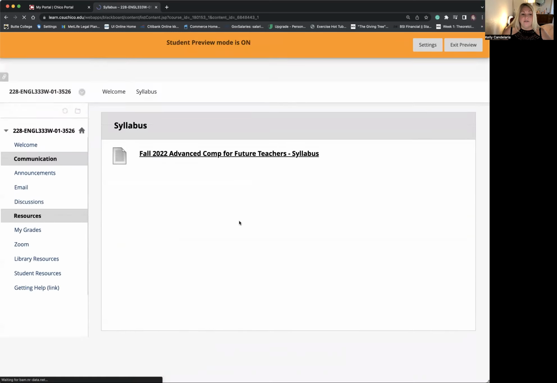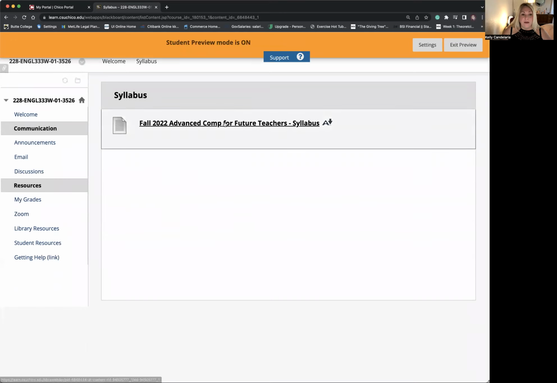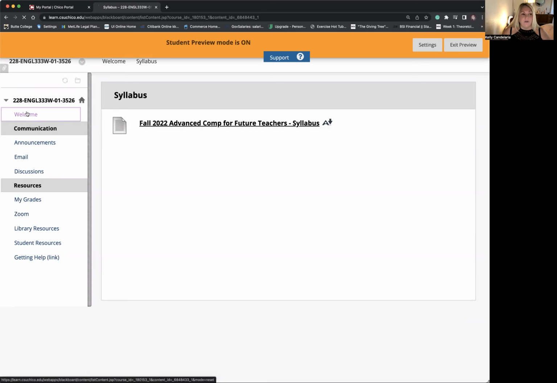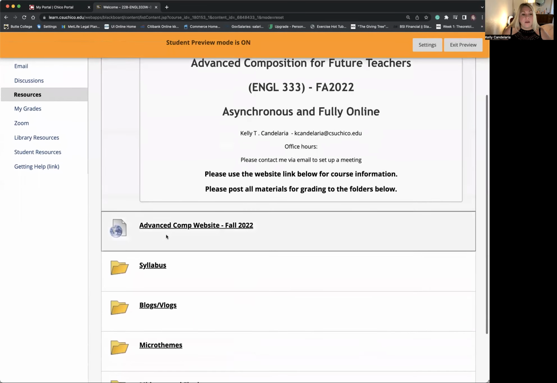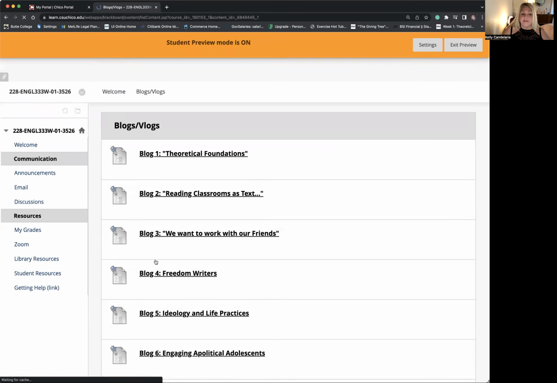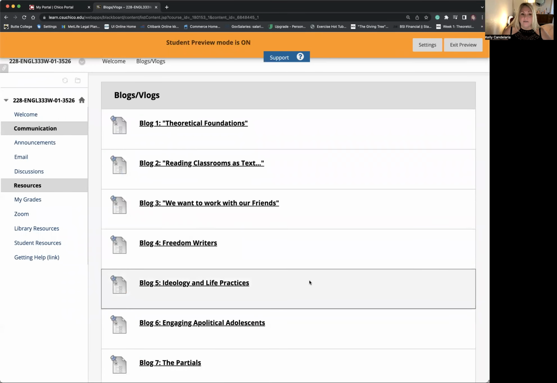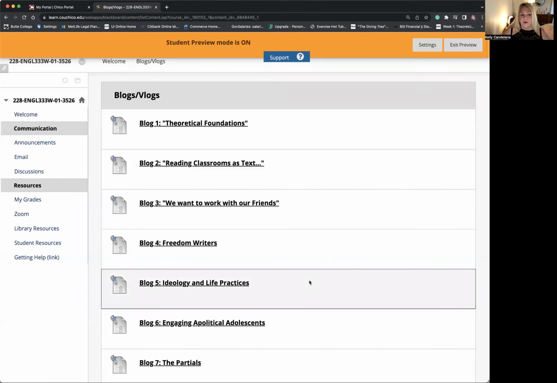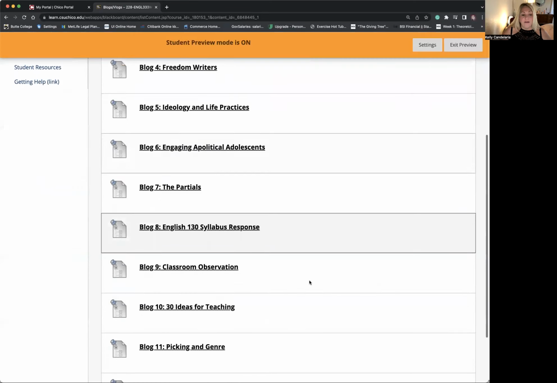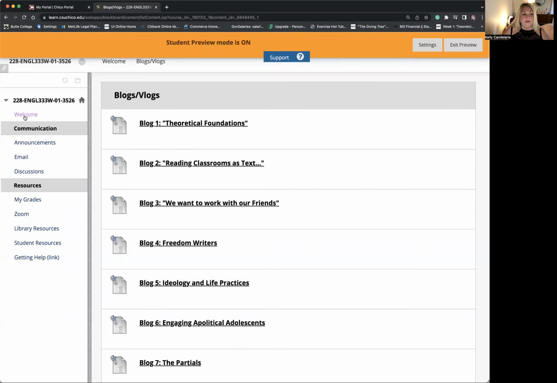So if you click on this folder, you will then be able to see the syllabus. If you ever get lost and don't know where to go, you can go right back to the toolbar, the welcome side, and that'll take you right back to this home page, or I call it a welcome page. This is the link for the blogs and vlogs. I'm going to talk about them more, but every single blog or vlog, so you can choose if you're going to do a blog or a vlog, will be turned in here. If you go back to the welcome page,